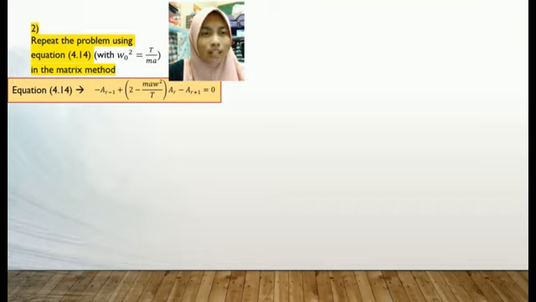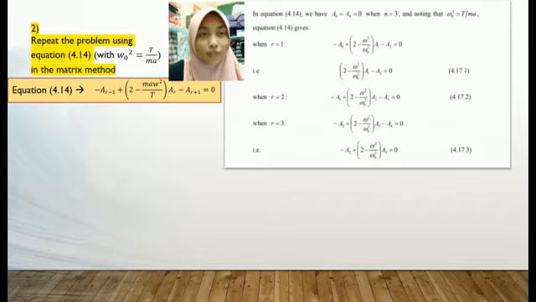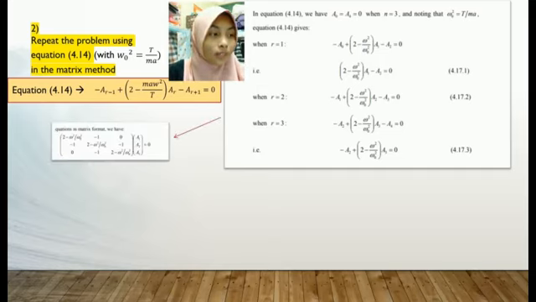Actually it is the same method as before, which is n equal to 3, and we know that the first string is A0 and the last string is A4, so that amplitude is equal to 0. So we're just going to substitute R1, R2 and R3 into the fundamental equation, which is equation 4.14. After substituting R1, R2 and R3, we're going to form it into the matrix format, which I showed by the arrow there,